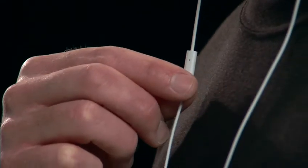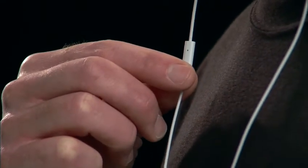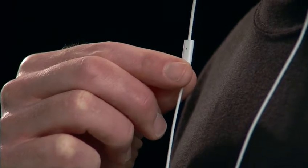The stereo headset that comes with the iPhone features a microphone with an integrated button that allows you to answer and end calls easily. It can also be used to control audio and video playback. While using the iPod features, for example, a single click pauses or resumes playback, and a double click advances one